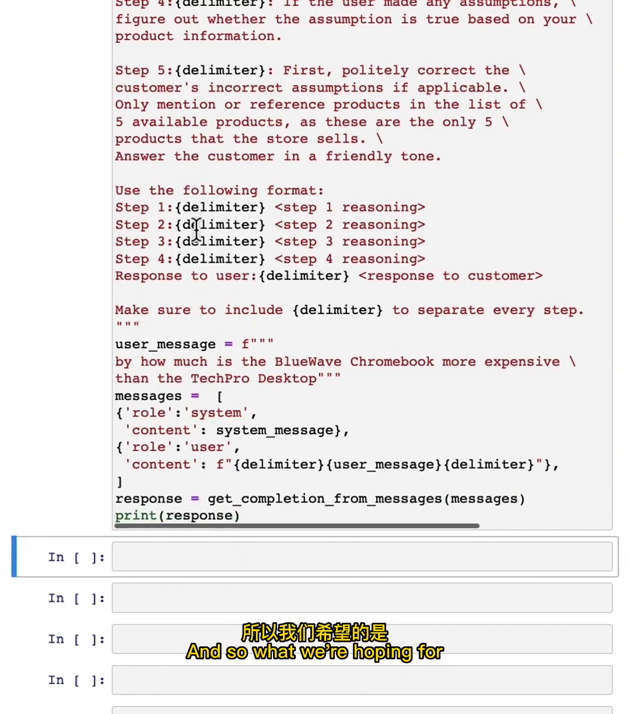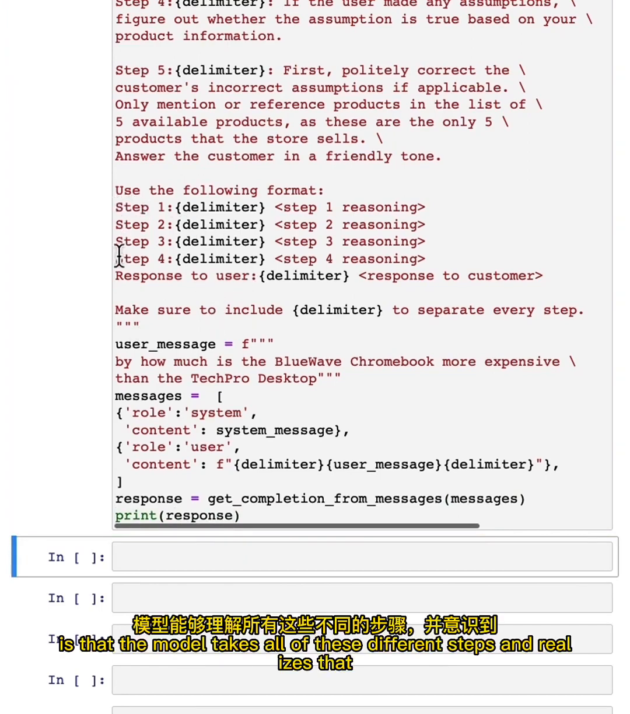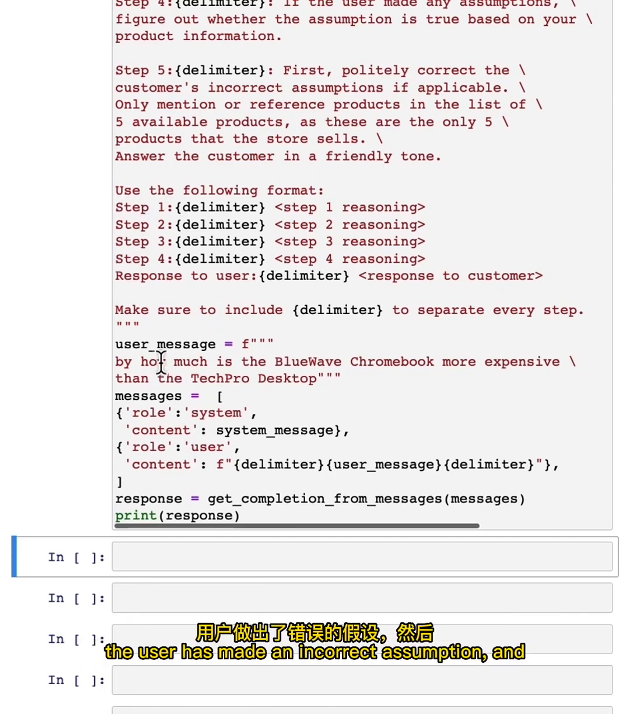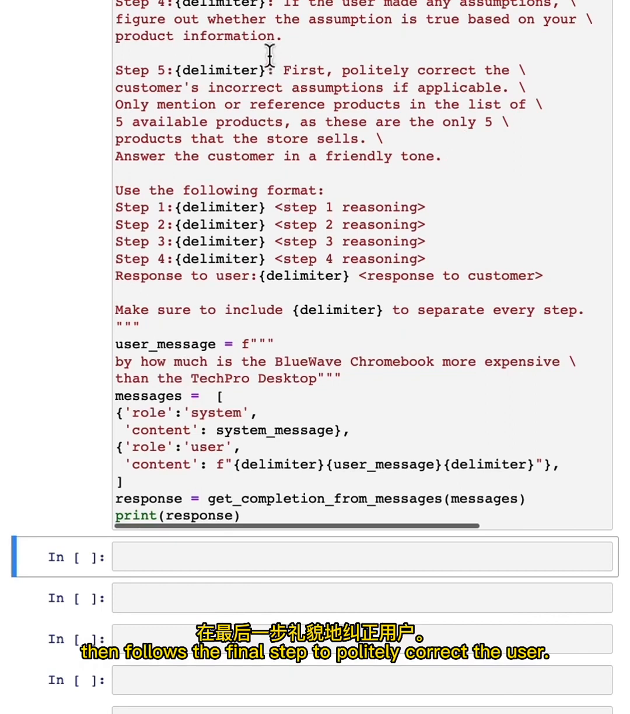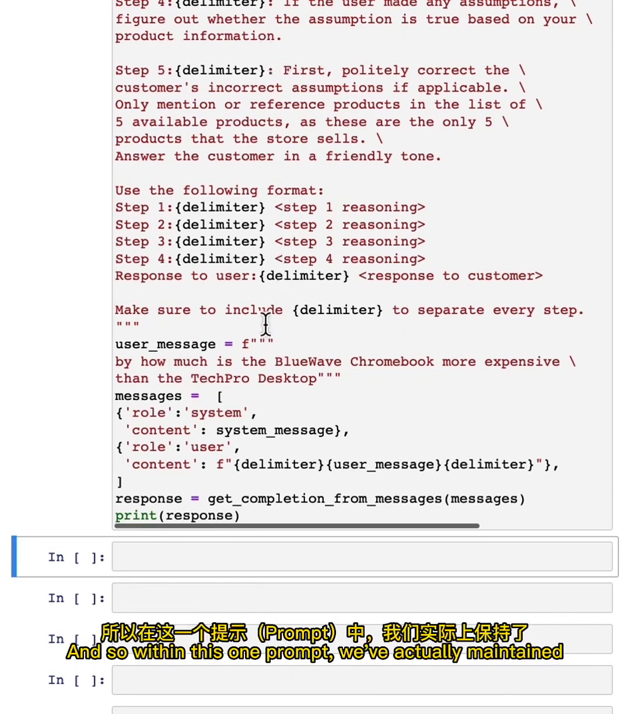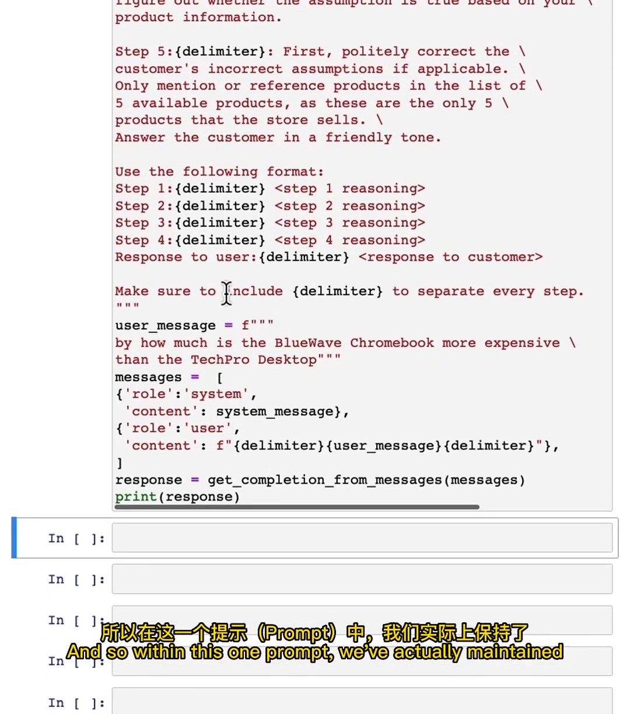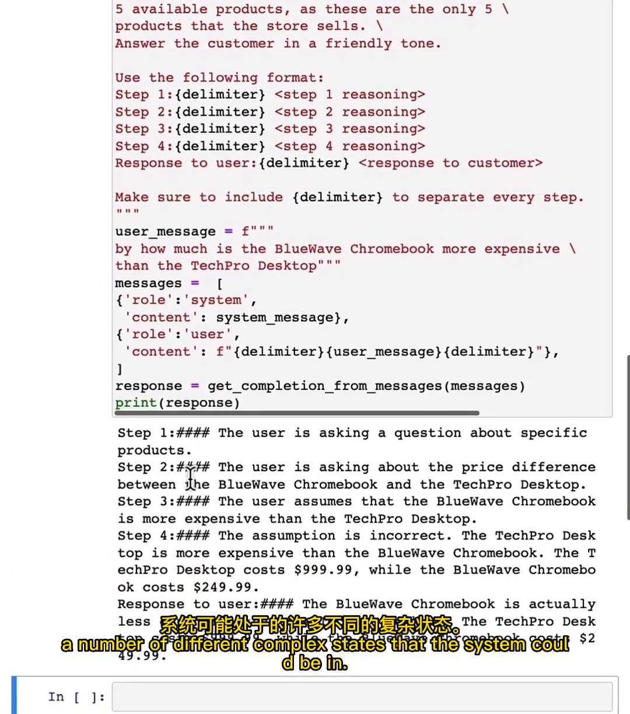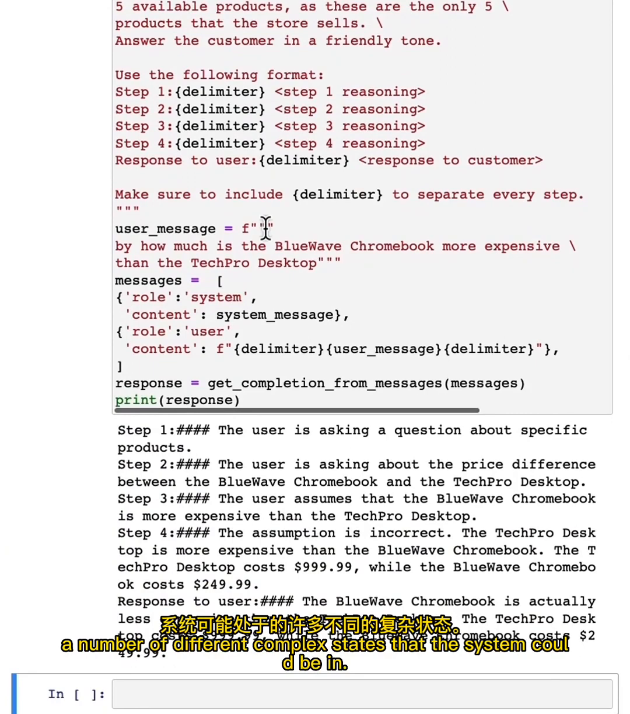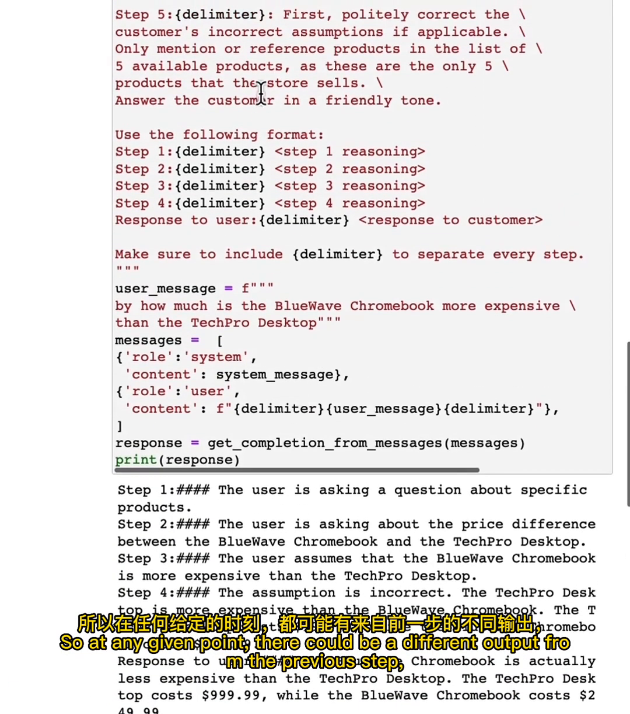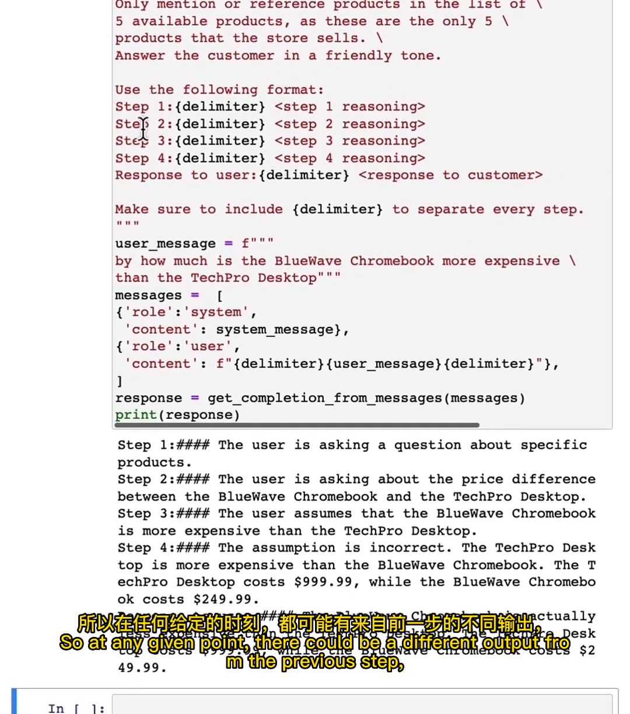And so what we're hoping for is that the model takes all of these different steps and realizes that the user has made an incorrect assumption and then follows the final step to politely correct the user. And so within this one prompt, we've actually maintained a number of different complex states that the system could be in. So, at any given point, there could be a different output from the previous step, and we would want